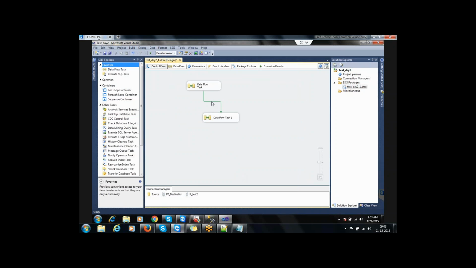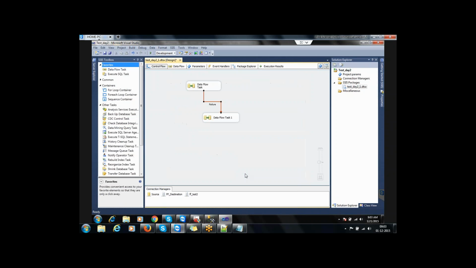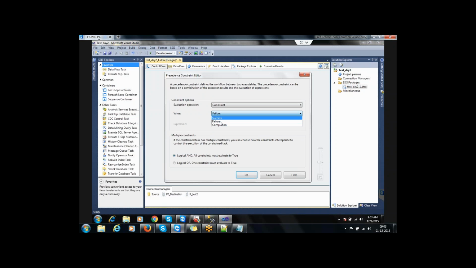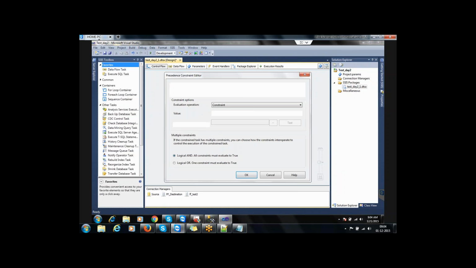If I give failure, see, that arrow mark is red color. If I give completion, completion means either it may be a failure or a success. That means it just completed. In that case, it is in some other blue color. So what I am specifying over here is